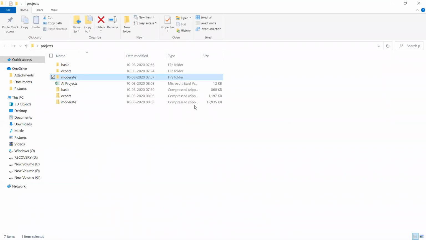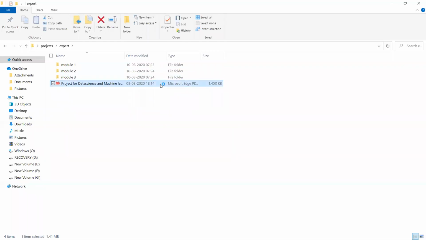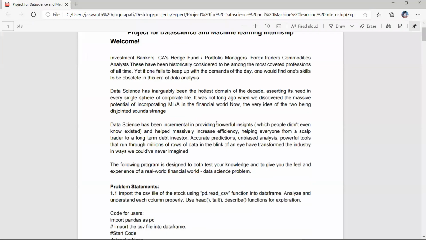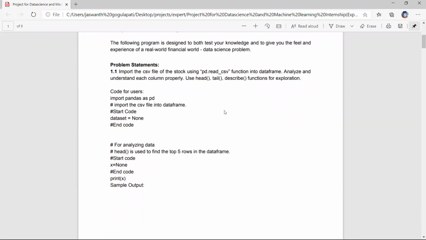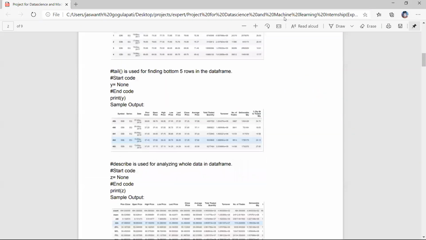Now I'll explain what the projects in Expert are. Same as before, related to pandas, matplotlib, numpy, we'll have the same thing.